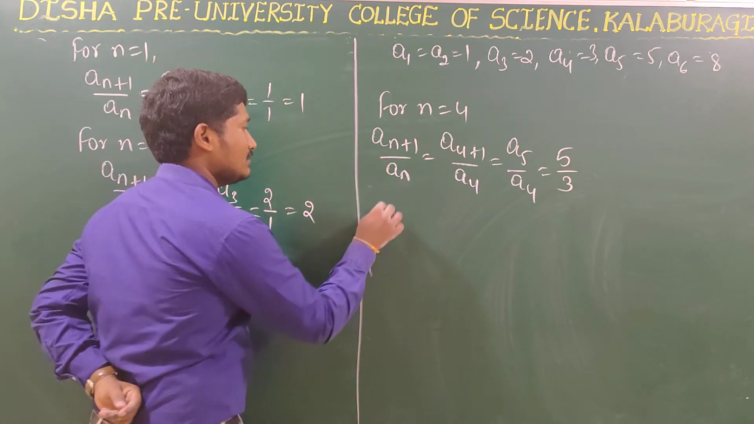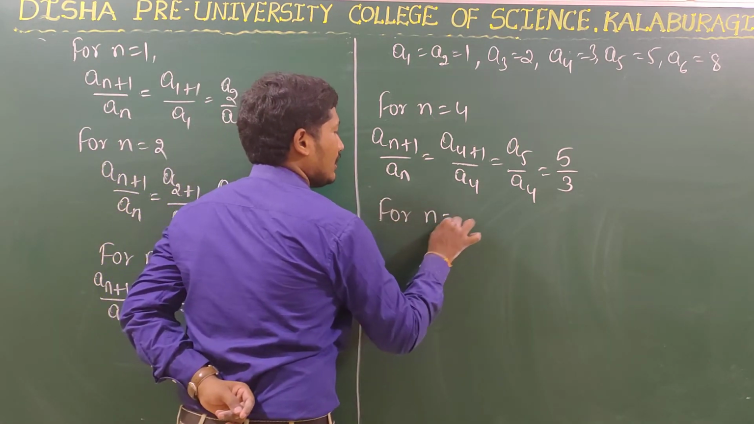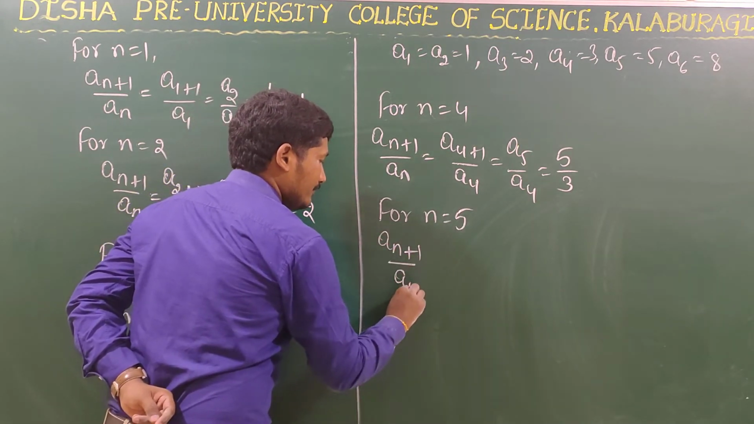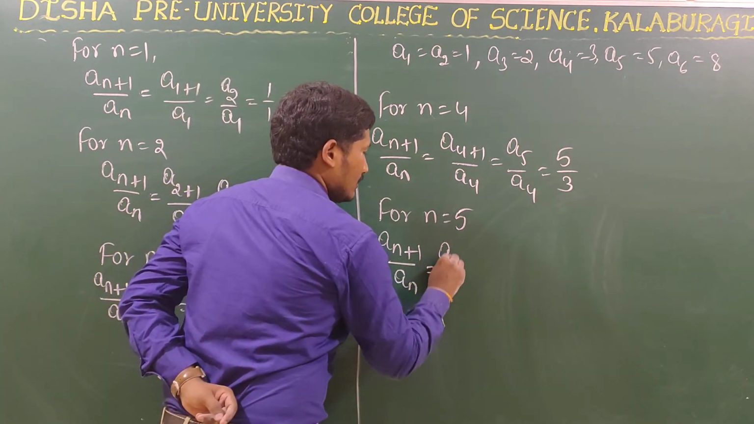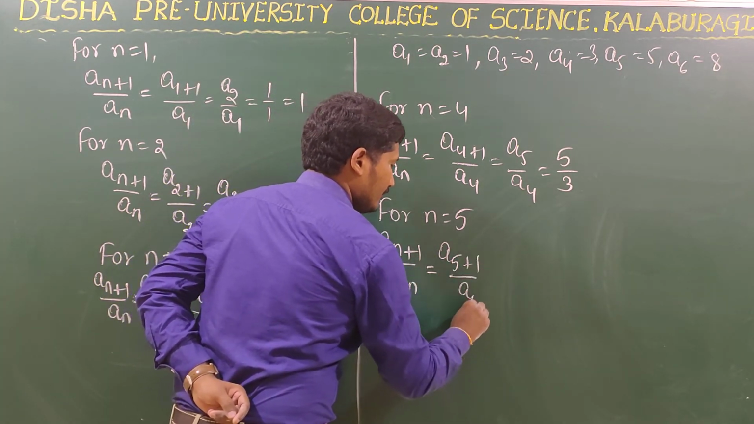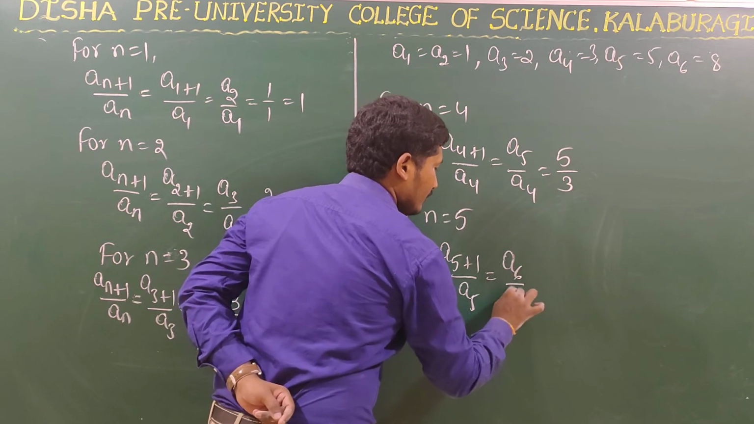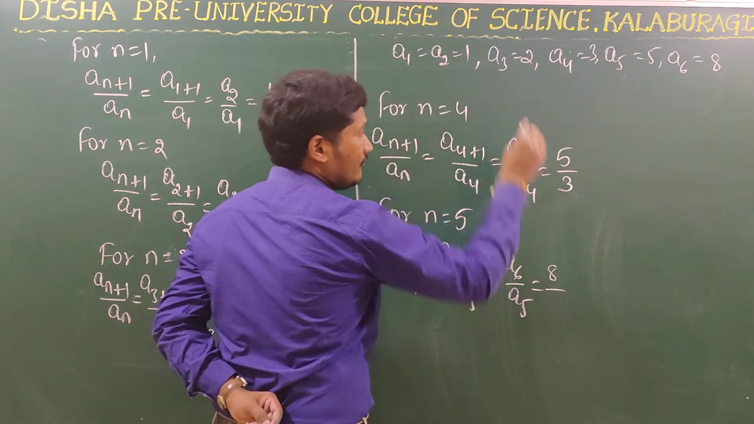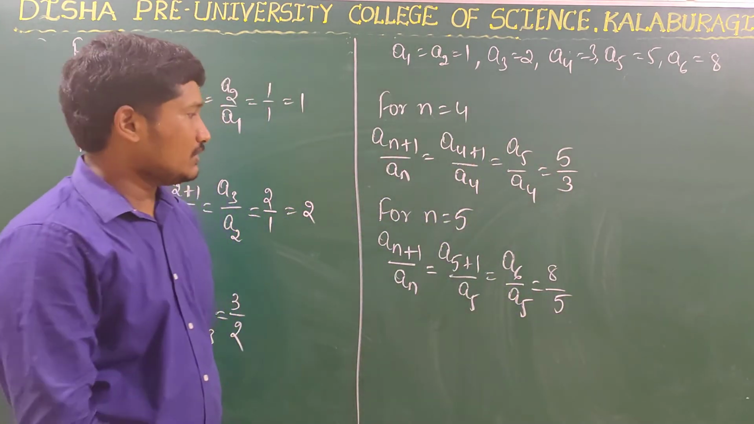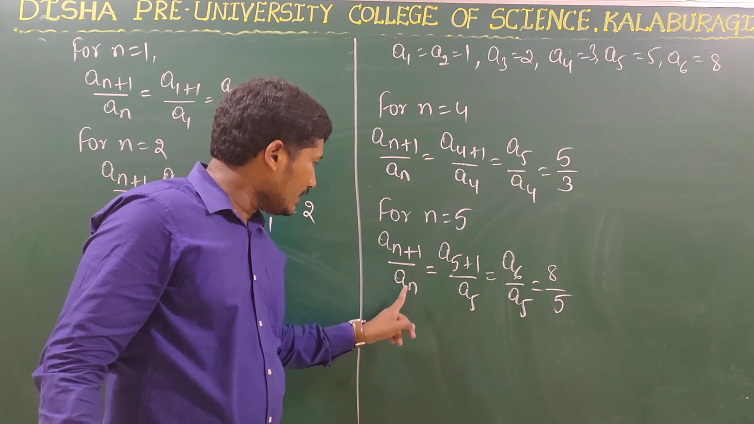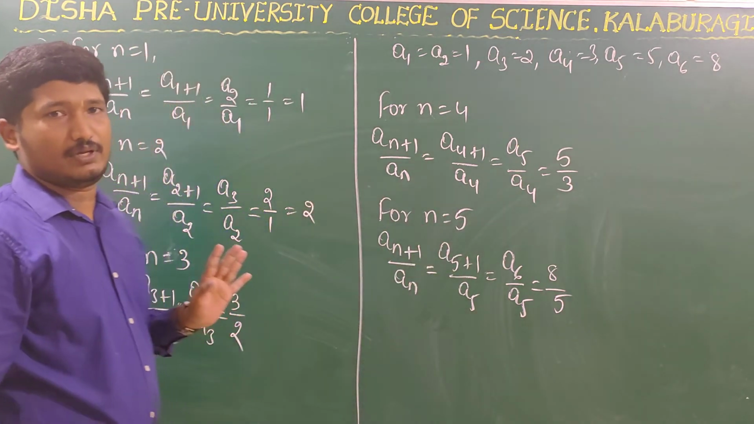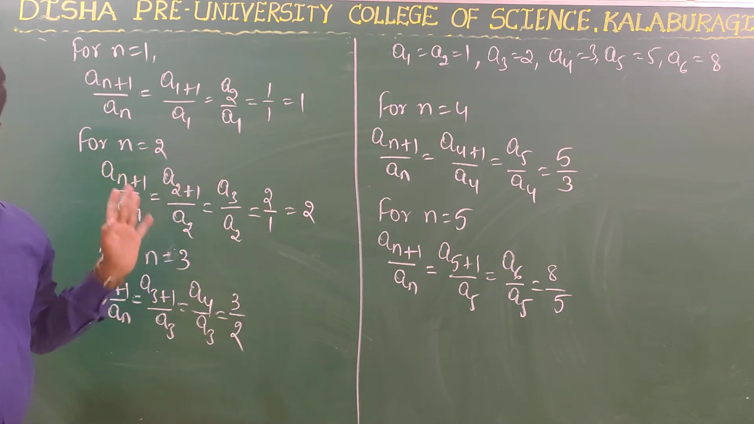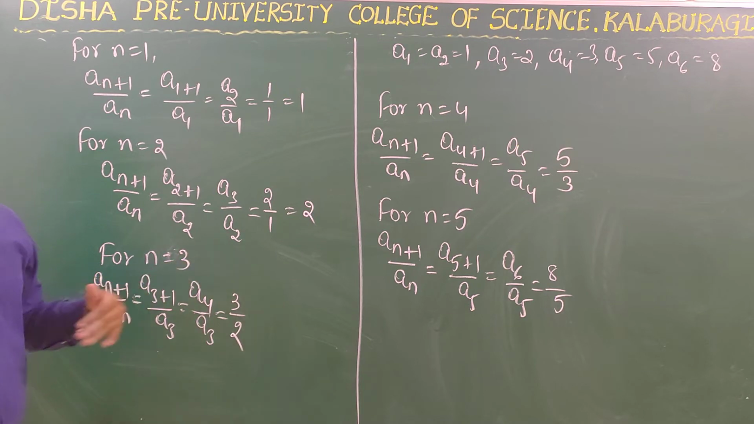And the last value is for n is equal to 5. an plus 1 by an is equal to a5 plus 1 by a5 is equal to a6 by a5. So what is the value of a6? 8. What is the value of a5? 5. So this is the value of an plus 1 by an for n is equal to 5. Right? So this is how you solve this problem. I hope you understand this. So note this down. Next we will move with